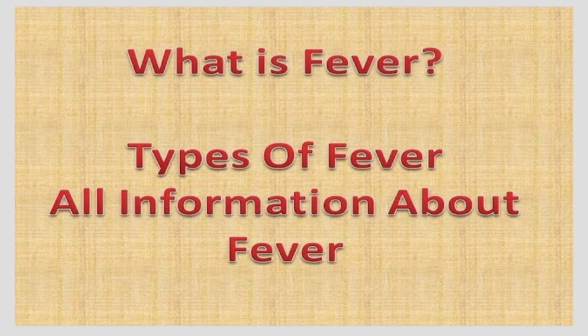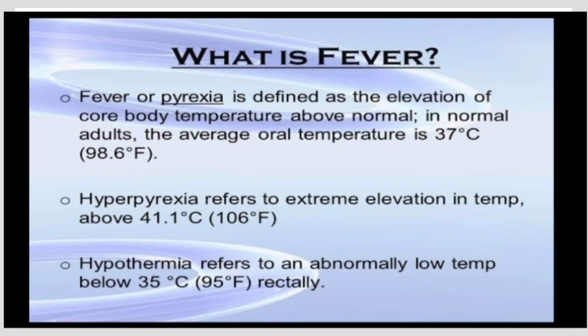Today we'll discuss fever types and basic information about fever. So let's start. Fever is also called pyrexia and is the elevation of body temperature above normal. In a normal adult, the average oral temperature is 37 degrees centigrade, and it is mainly divided into types, that is